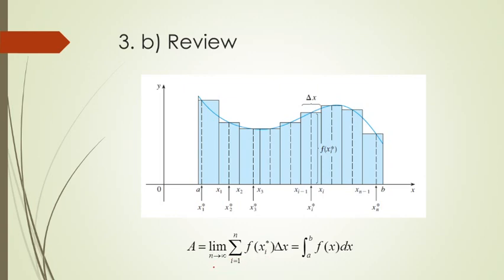So in this way, we understand f(xi star) is the height of the ith rectangle, evaluated